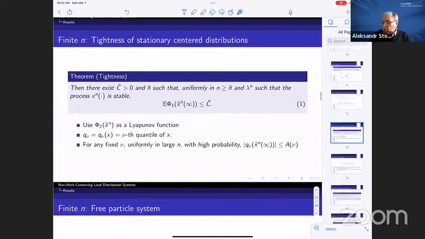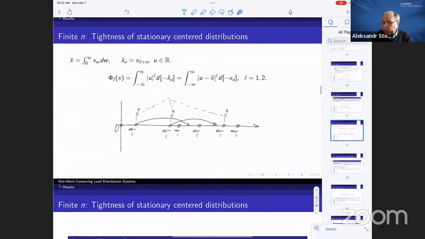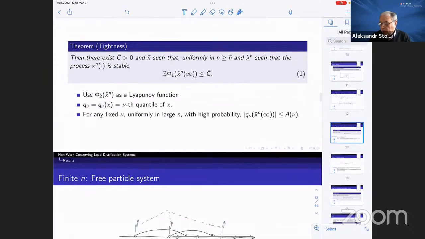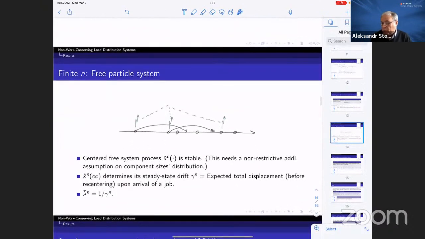So this is our actual system, and it has the regulation boundary on the left. If you look at this system without the boundary, you remove it, so you look at the free particle system. Nothing prevents this particle system from going anywhere, left or right. If you introduce a little bit of additional assumption, also very non-restrictive,